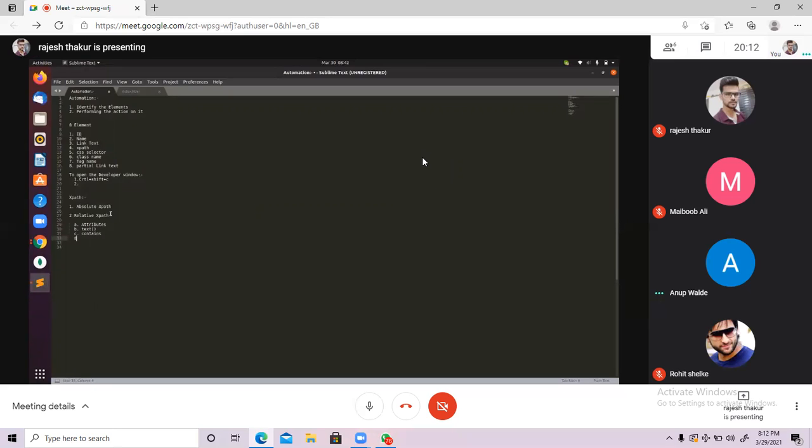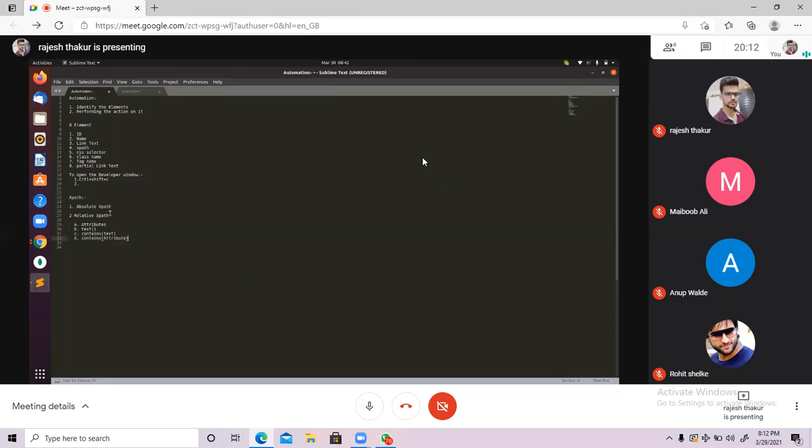Number D, contains with attribute. Yes, this is for relative XPath. Absolute XPath, these things will not work. I will show you, don't worry. Number 4 is contains attribute.